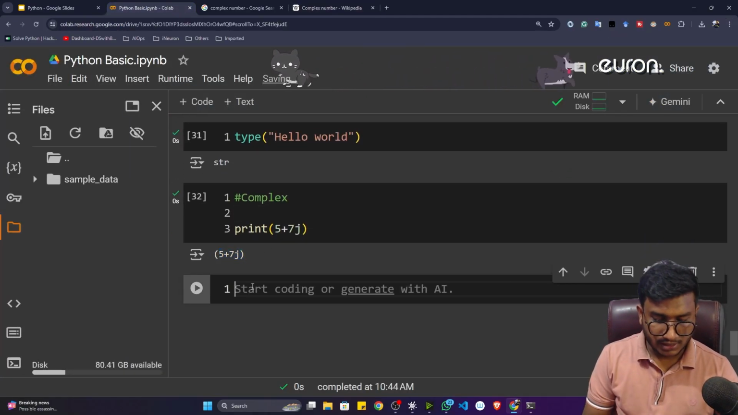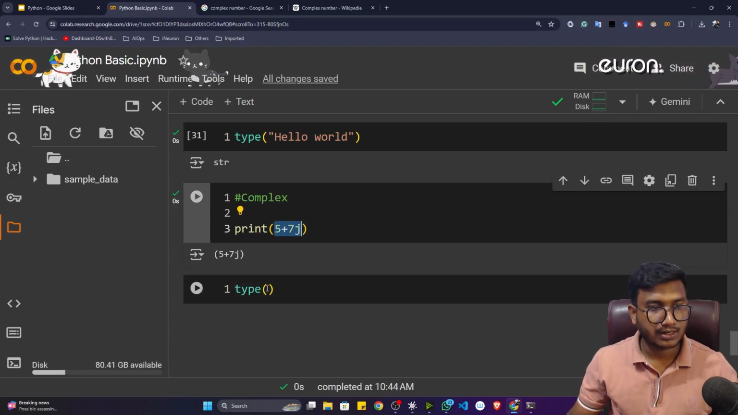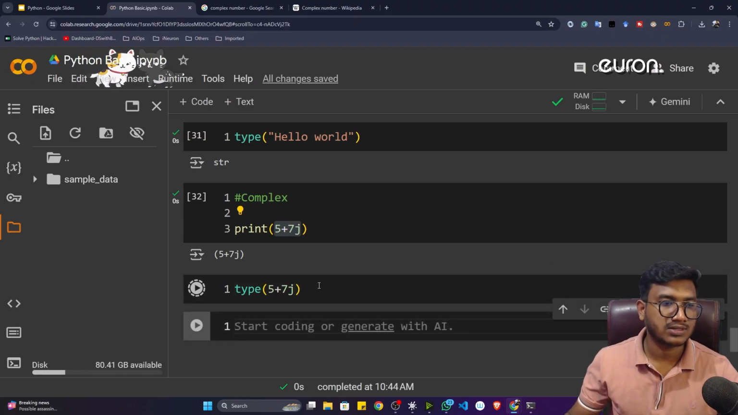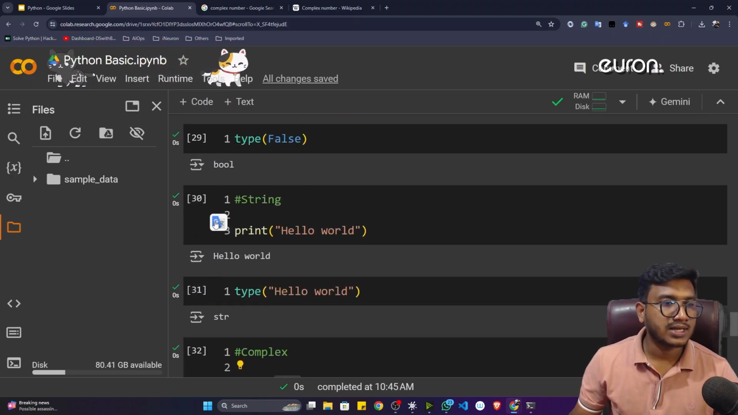Now you can also detect it. So I can give inside the type function, and if I copy this particular data and give it here and execute, you'll see it's a complex type data inside Python. Now the next thing, I think we're having